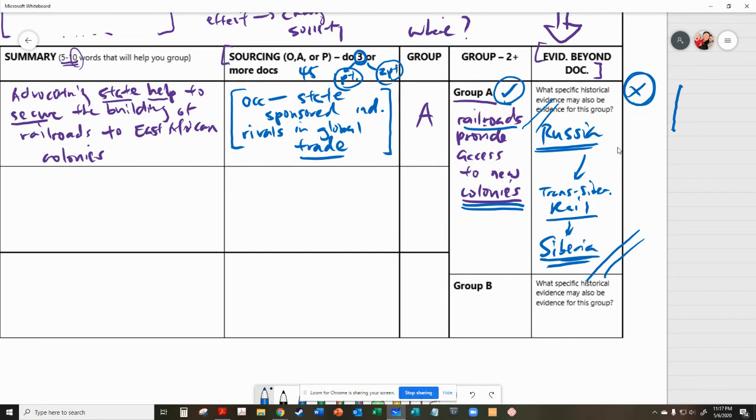Okay, so do this the best you can. This will help to set up the DBQ. If you can pull this together in about 15 to 20 minutes during a DBQ, you are going to be in great shape. Otherwise, we're going to review what you're able to produce later on. So with that, okay,